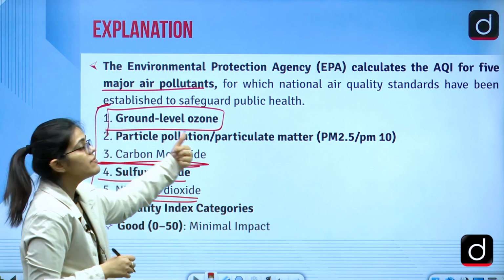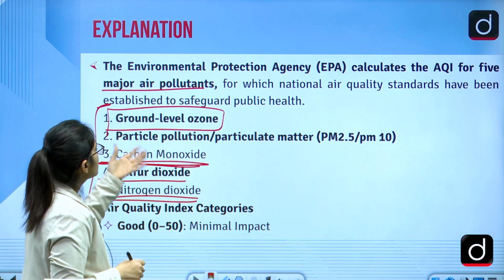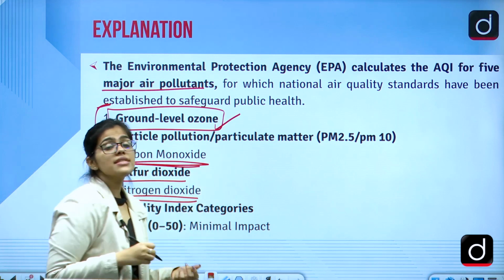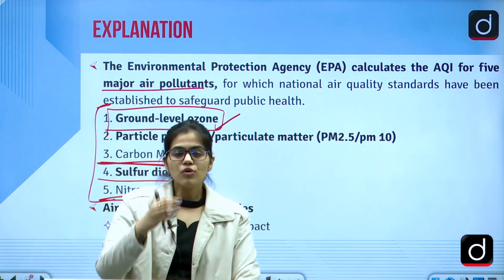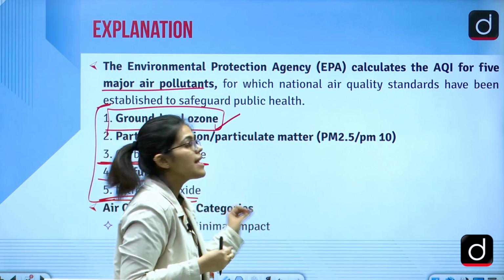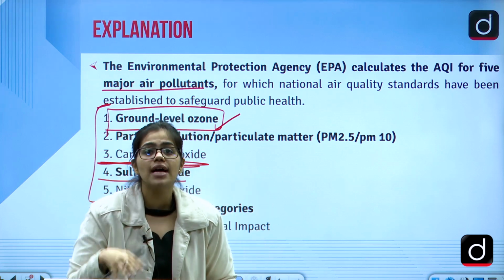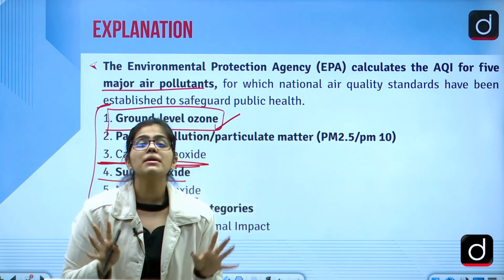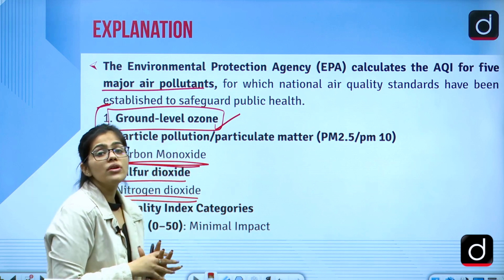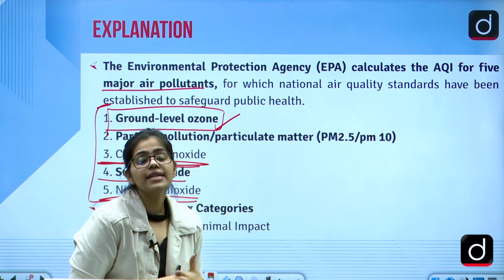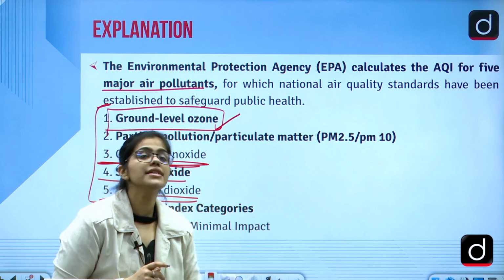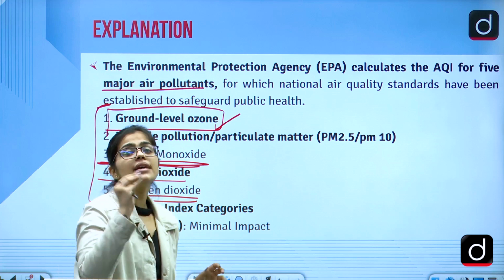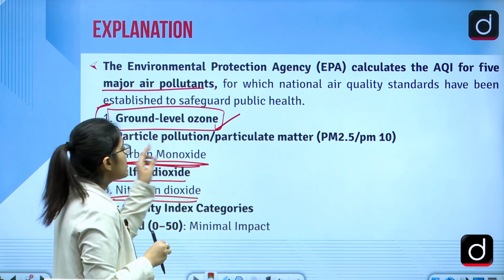So we have ground level ozone, then we have the particulate matters. The ground level ozone is very harmful. This is also one PYQ. The ozone in the stratospheric layer is important for us, that is healthy, and we have to protect it from getting depleted, right? But this ground level ozone is included in the AQI. It is one substance that has to be extremely abolished because it is making the air deteriorated, right? Then we have the particulate matters.